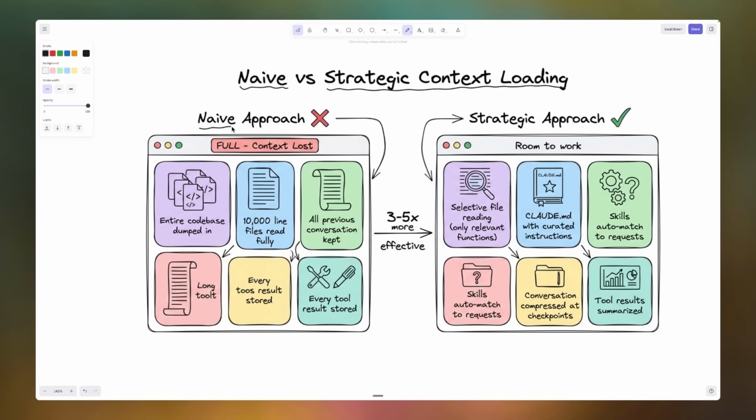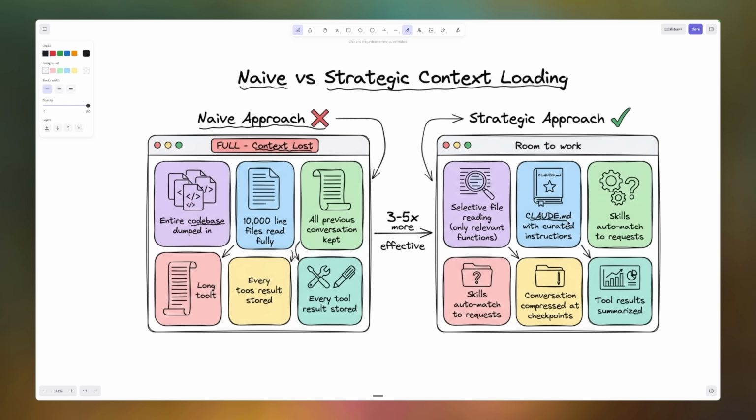Now, way back in the day, and when I say way back in the day, I mean like 2023, good God, I'm getting old. When you were working with an agent, you would dump in the whole code base. You would honestly just copy and paste everything and just hope to God that it knew what it was doing. Obviously, because this was extraordinarily infeasible, there were so many tokens in the context, tons of it was lost, and you routinely ran out of context limits. Well, nowadays, what we've done is we basically built in a whole tool stack where instead of all of the file, you just read selectively and only the relevant functions.